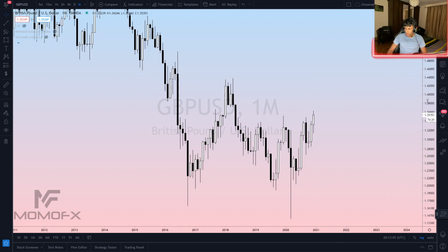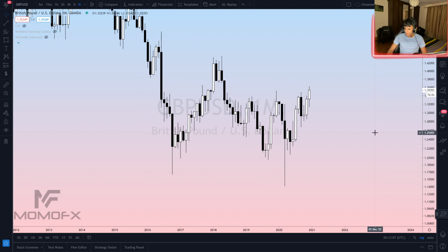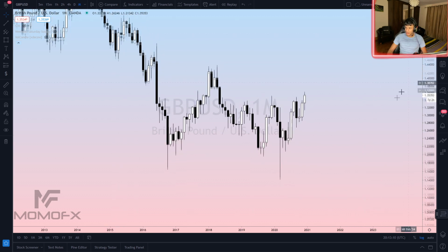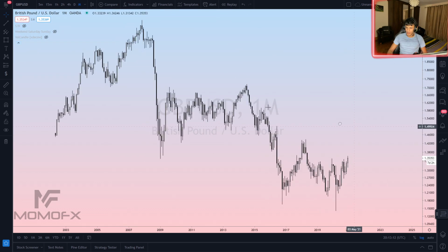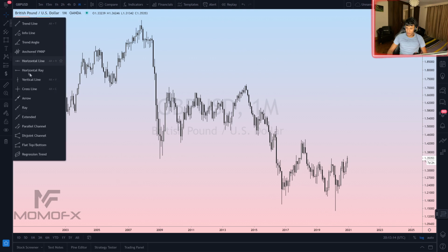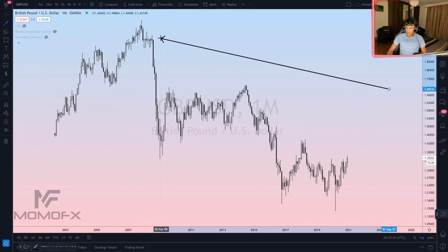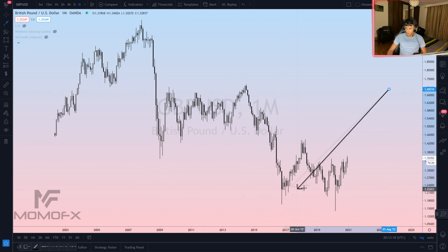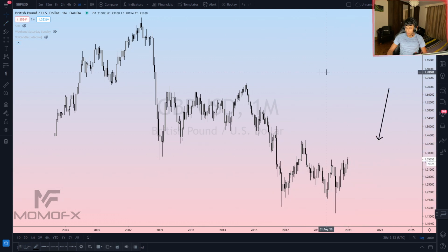So let's take a look at GBP/USD. As you can see on the monthly time frame, it's very clear that we are in a downward trend. You can see we're creating lower lows, higher lows, lower lows, higher lows, lower low. So we made our most recent lower low right here. Now before that,